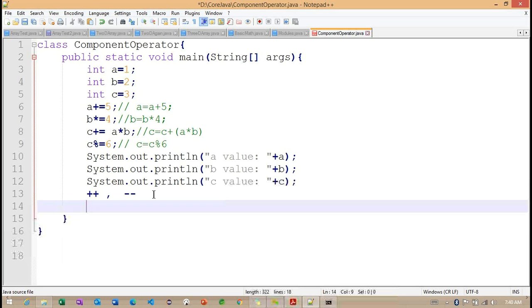Every time the x value is going to increase, we are going to declare x plus plus. Now what happens is it is going to increase the value here.